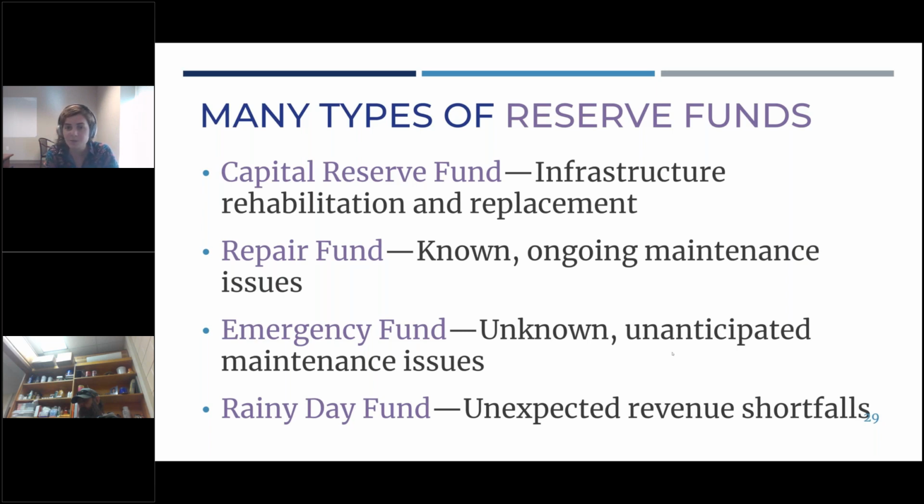So you've got a capital reserve fund. So this would be funds that would be set aside specifically for infrastructure rehabilitation and replacement. You could have a repair fund. So let's say that you know that you have kind of ongoing maintenance needs. You've got regular repairs coming up and you want to have a pot of funds set aside dedicated to that. You could create a reserve fund associated with repairs. Emergency funds, these are somewhat common, just having essentially money set aside in case something comes up, right? If something comes up, then you've got a pot of funds that you can rely on.